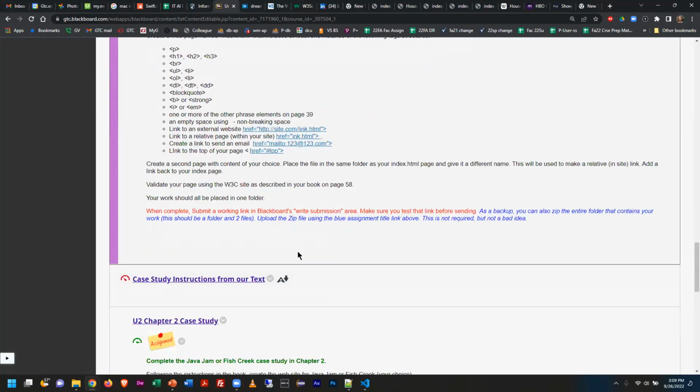It says, when complete, submit a working link in Blackboard's right submission area. Make sure you test that link before sending. As a backup, you can also zip your entire folder that contains your work, and there should be a folder with 2 files, and upload the zip using the blue assignment link above. All right. So